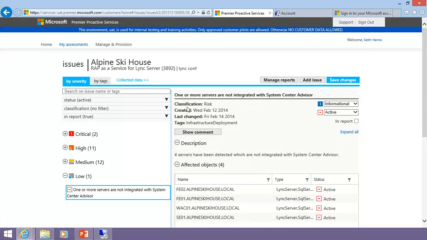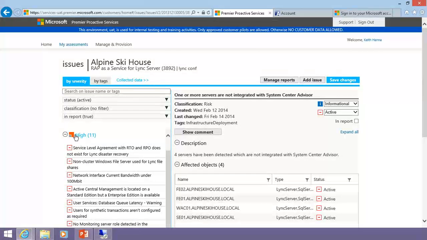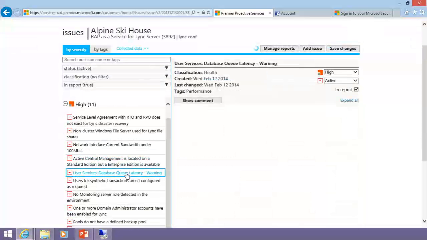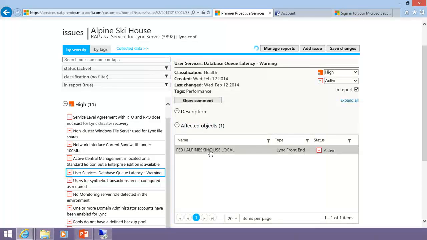So we'll get classifications or risks. Generally, risks and performance counter issues are going to be health because they're typically live impact. We also show when we first collected this item and when we last changed it, that sort of info. Let me pick a few others. So performance counter. In this case,